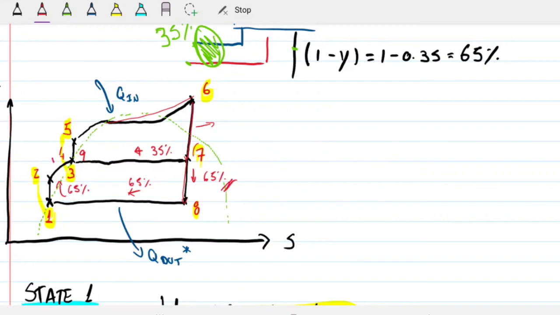From 3 to 5, it's the 100% back again, mass flow rate of water. But from 1 to 2, we also need to take into account 1 minus y, for the same exact reason we were doing for the second turbine. Because students usually see it here, and then they remember that, but then they forget it's the same mass flow rate that goes all the way back to 3, right? We can't create mass, right? So it has to be the same. So if we go back where we were,